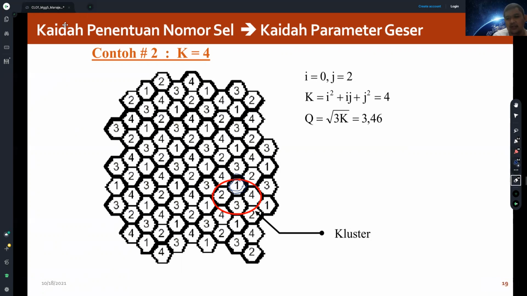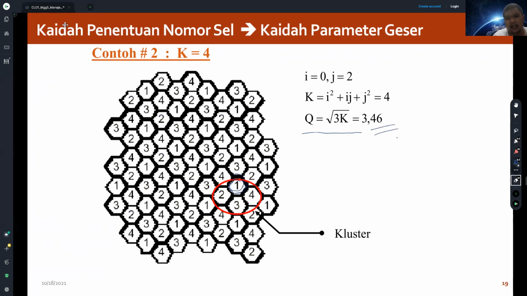So we can calculate that the value of K will be equal to 4. Okay. Now, using the same concept, we can find the value of Q equal to root of 3K, which will be equal to